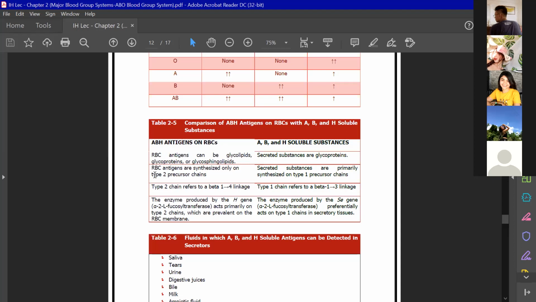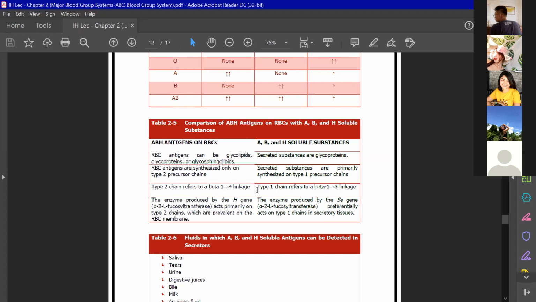Another point of differentiation, we have RBC antigens. They are being synthesized only on your type 2 precursor chain, while your soluble antigens, they are being synthesized on your type 1 precursor chain or precursor structure. Okay, so when we say type 2 class, we refer now to the beta 1,4 linkage. That means the number 1 carbon of your galactose is being linked to the number 4 carbon of your N-acetyl